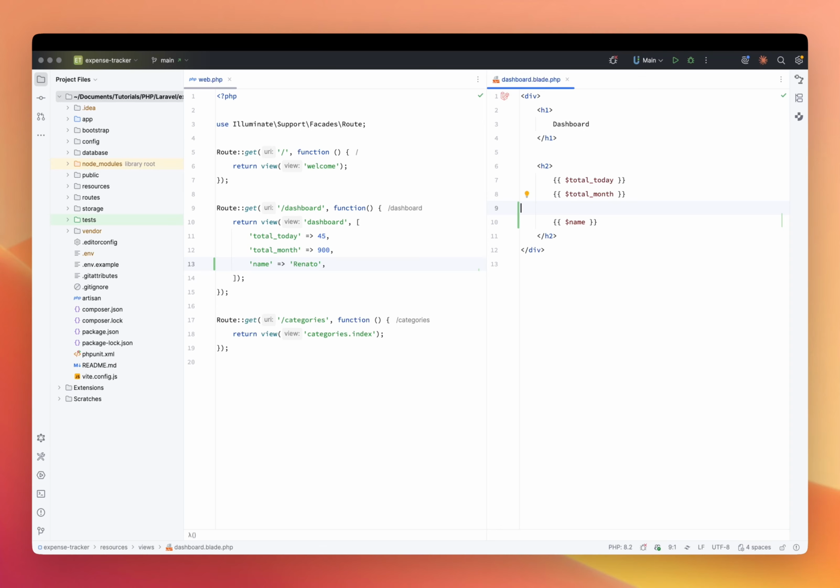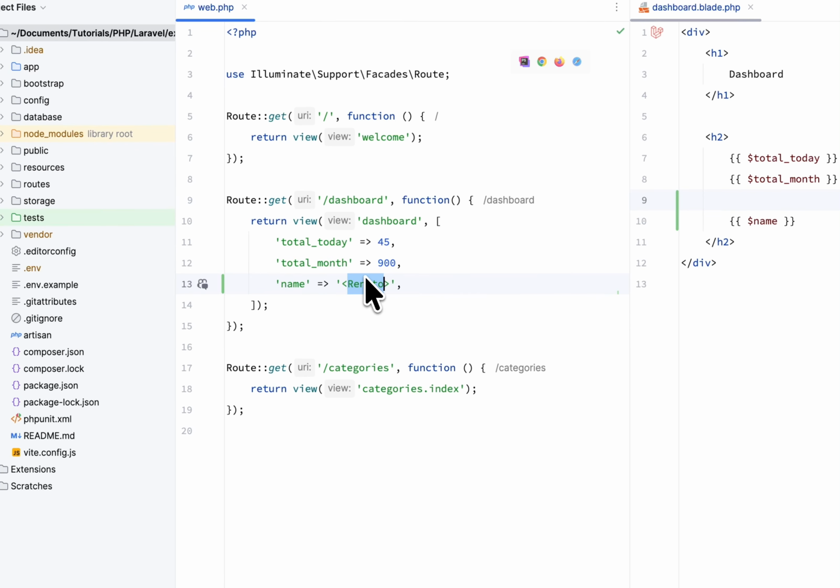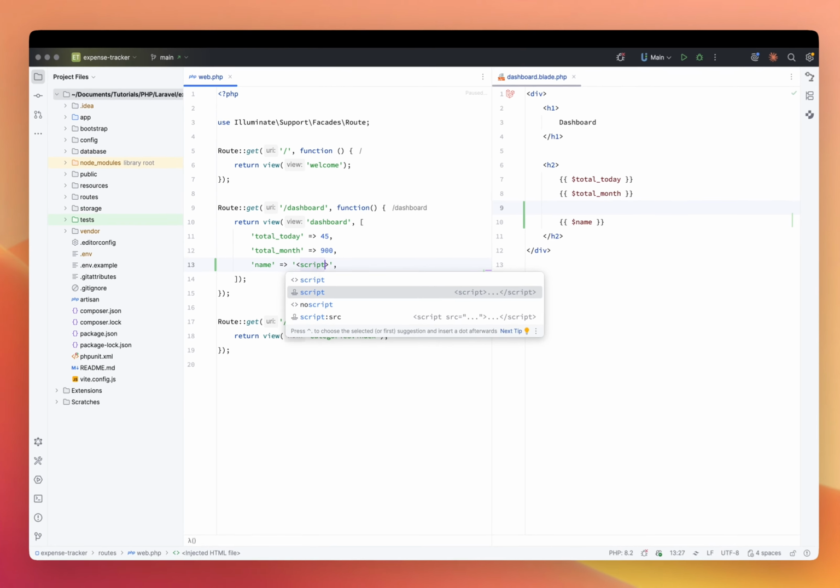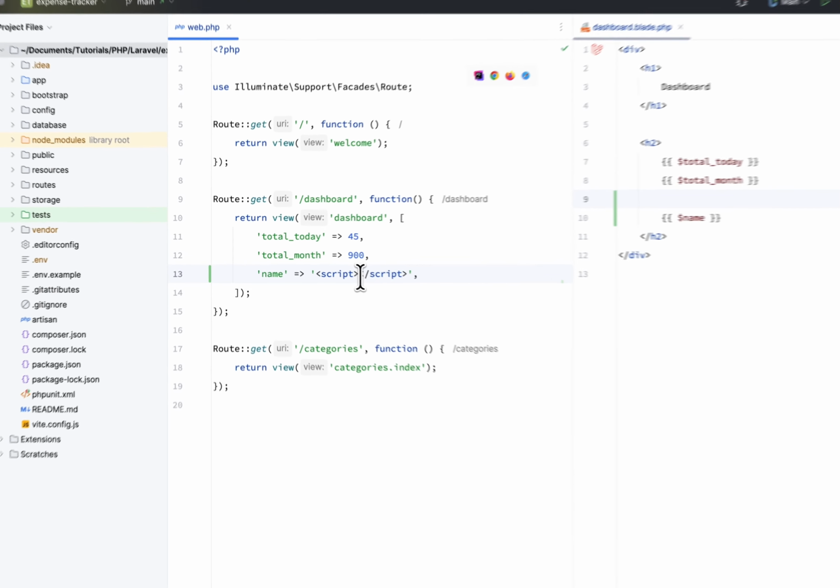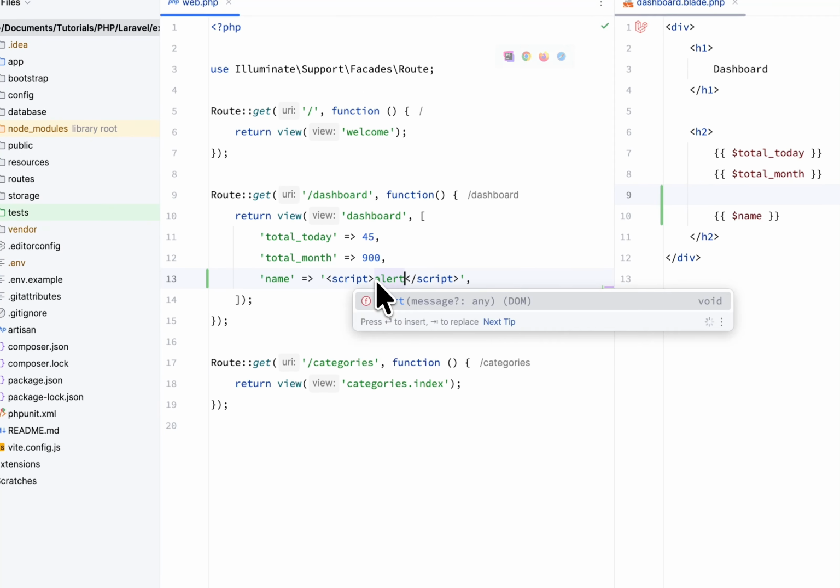Now, what if the user wants to hack our application and tries some XSS attack? Instead of entering their name, during the registration page or their profile page where they update the name, they might enter some script, some JavaScript. So let's try this. Instead of my name, I will say here script, open and close, and we can say something like alert,